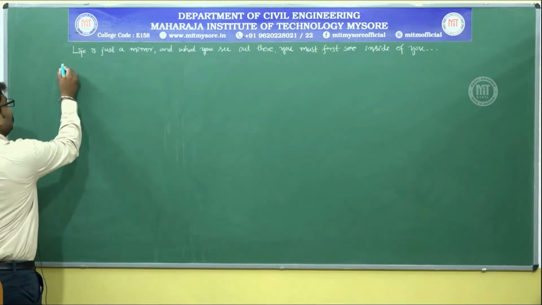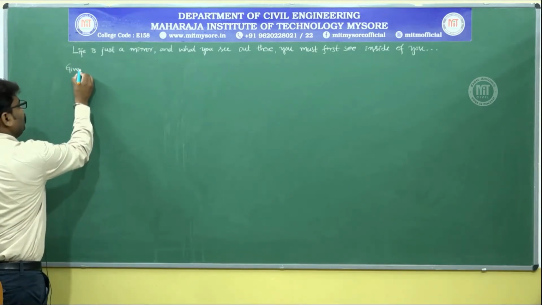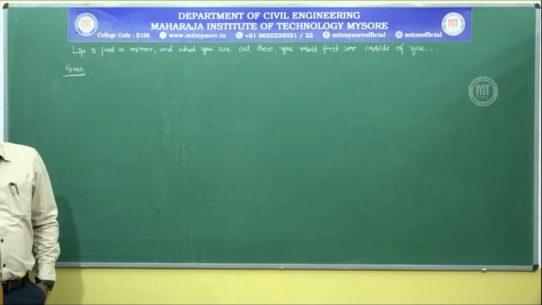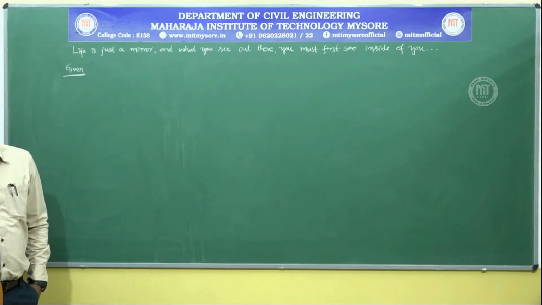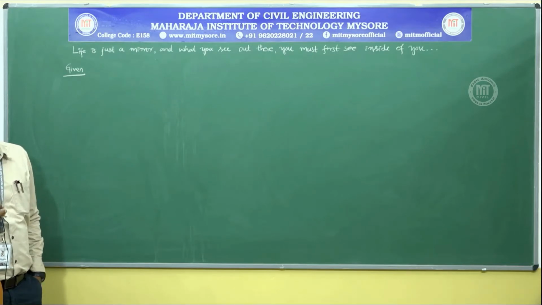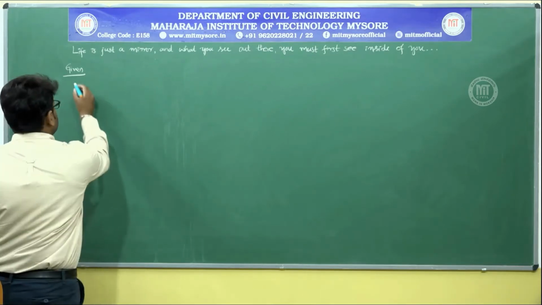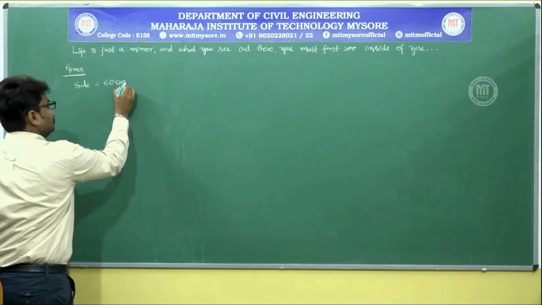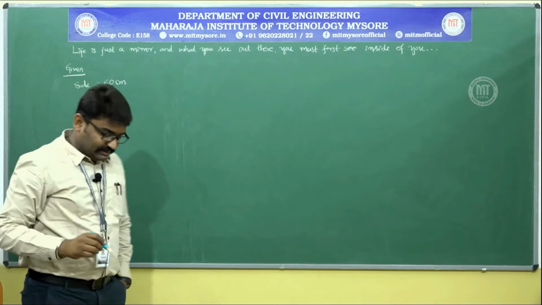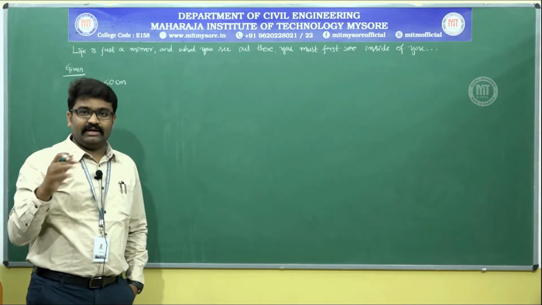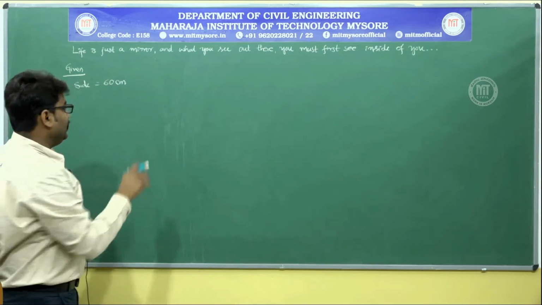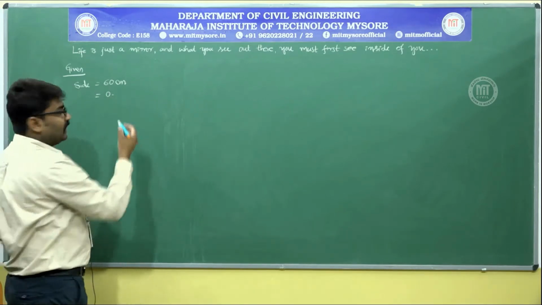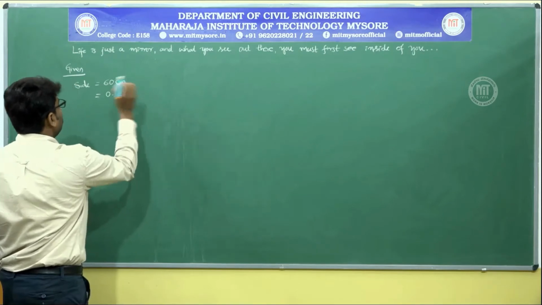I will first go with the data given in the order that they are given. So there are two parallel plates. Each side of the plate is 60 centimeter. Side is equal to 60 centimeter. Centi is not in SI. Centi is 10 power minus 2. That means 60 into 10 power minus 2 becomes 0.6 meter.